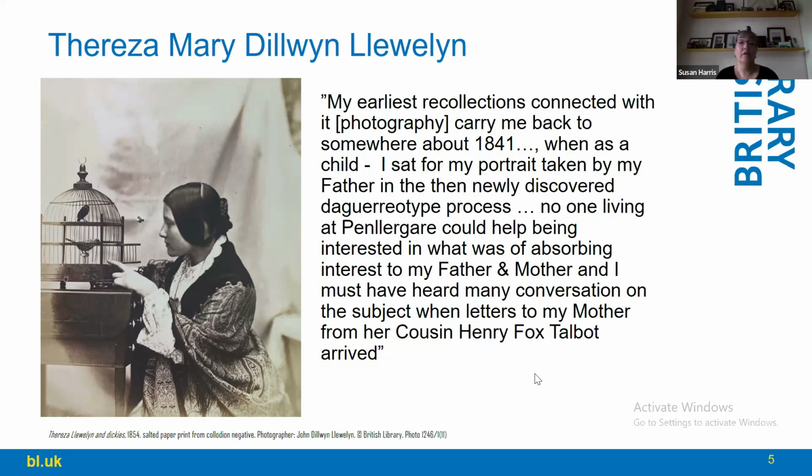Quote, "My earliest recollection connected with photography carried me back to somewhere about 1841 when I was a child, and I sat for my portrait taken by my father." She goes on to say that no one living at the estate could help being interested in what was an absorbing interest to her parents,